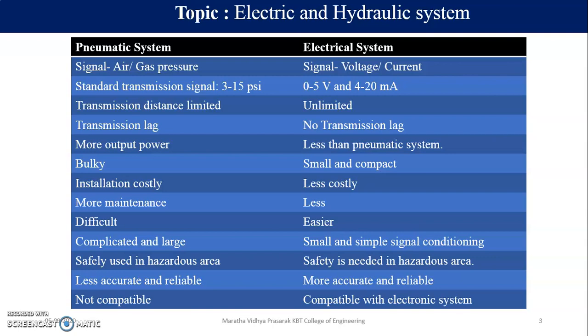In electrical systems, we always prefer current as a transmission, so there is no distance limitation. We can even go for fiber optic cables to increase the speed and all that. Okay. Transmission lag. Now in pneumatic system, if we are connecting 3 systems in line and I want to send that air signal to all the 3 instruments, then there is surely going to be a lag in the distance signal. Why? Because it is air.